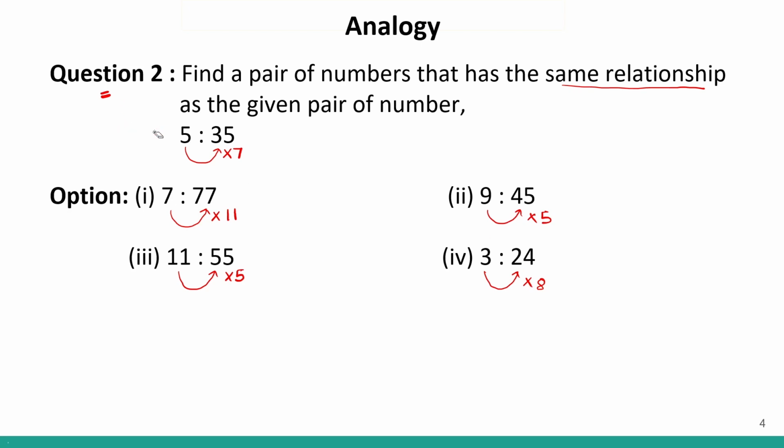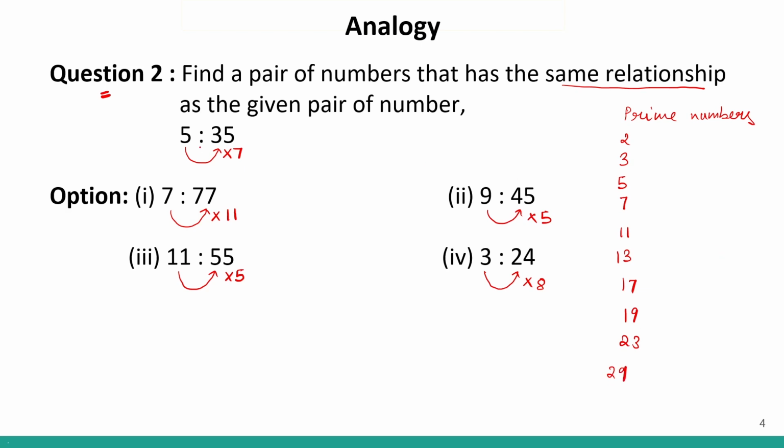Now let us revise the concept of prime numbers. So what are the prime numbers? Let us write the first 10 prime numbers. So the first 10 prime numbers are 2, 3, 5, 7, 11, 13, then 17, 19, 23. How many are there? 1, 2, 3, 4, 5, 6, 7, 8, 9, and let's say 29. So these are the first 10 prime numbers.